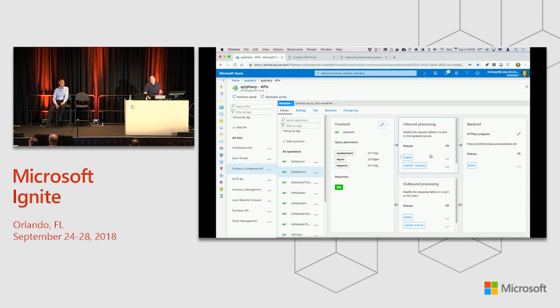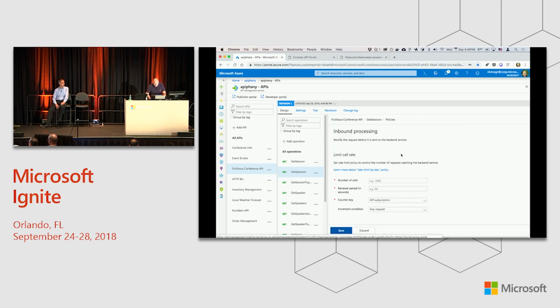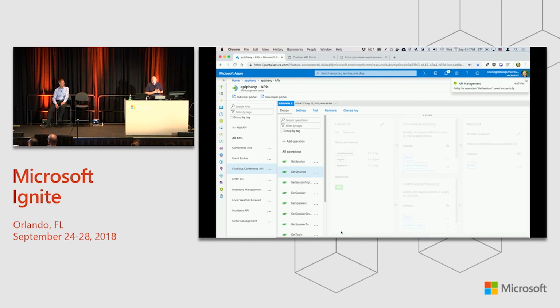One of the interesting things that you can do is obviously rate limit, right? Sometimes it's interesting to put some rate limits in. And again, we have a policy for that. You can say how many calls you want. So let's say I want 3 calls for every, I don't know, 20 seconds. Let's say for here, API subscription is a key. So take all the defaults. So that essentially adds another policy, hopefully,